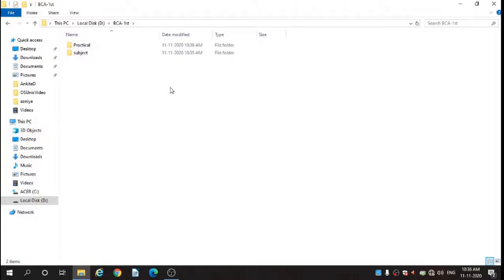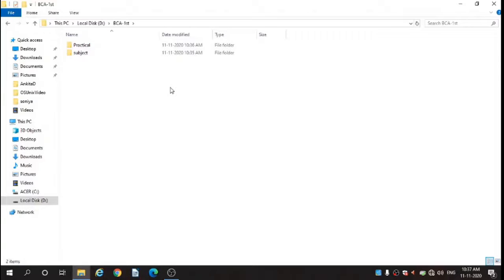Why we need folders is because it helps you to keep your files organized and separate. If you had no folders on your computer, your documents, programs, and operating system files would all be located in the same place.